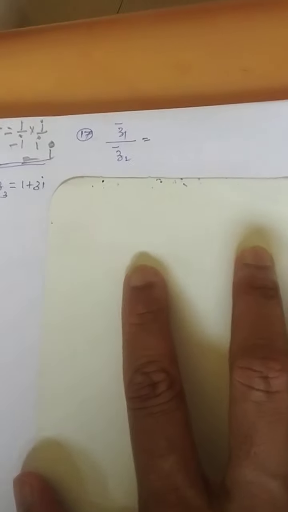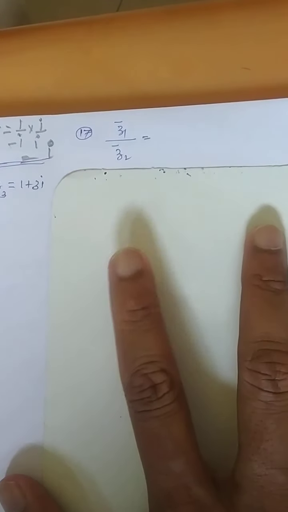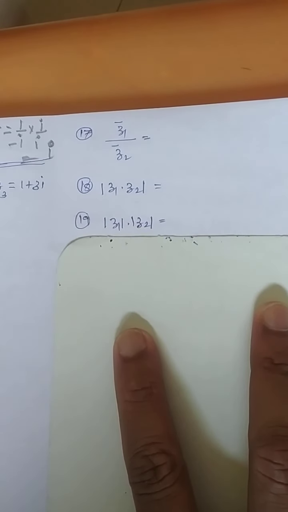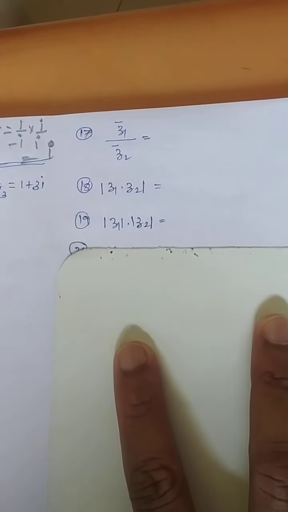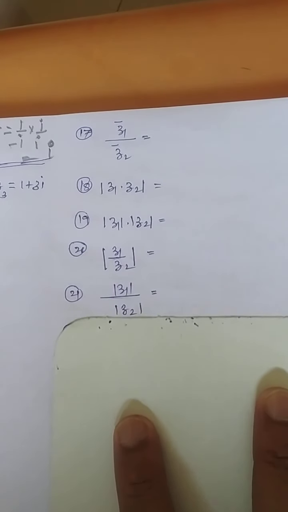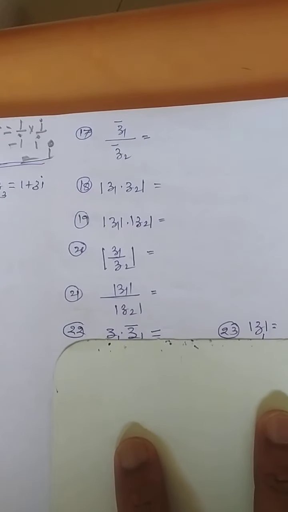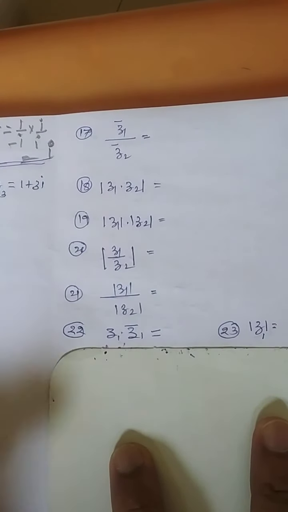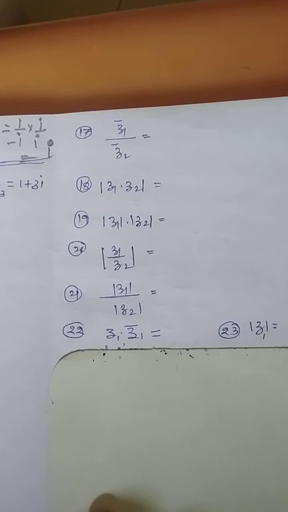Few more questions. Take a conjugate and then simplify. First multiply and then find out the mod. First find out the mod and then multiply. Divide and then get a mod. First take a mod and then divide. And the last two questions: multiply z1 into z1 bar, and find out the mod of z. So just try to finish this, and then we'll have a further discussion.